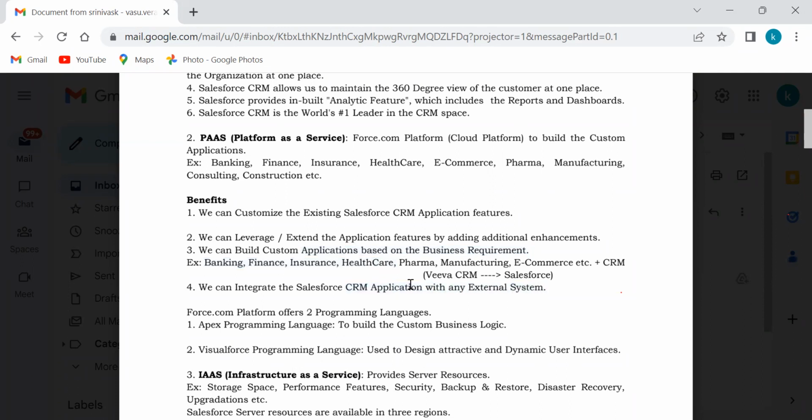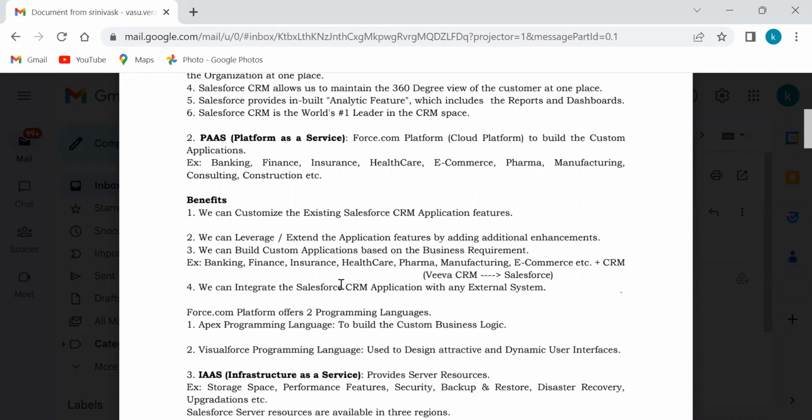Suppose you want to integrate your Salesforce application with some other application, whatever it may be. That application may be running on either Java or .NET or on SAP, whatever it may be. We can integrate our Salesforce application with another third-party application in order to exchange some business data, or to share some business logic, or to share some records. We can integrate our application with some third-party applications. Like